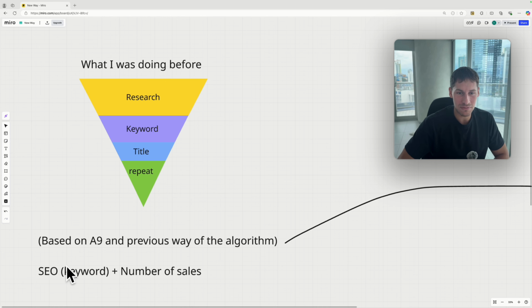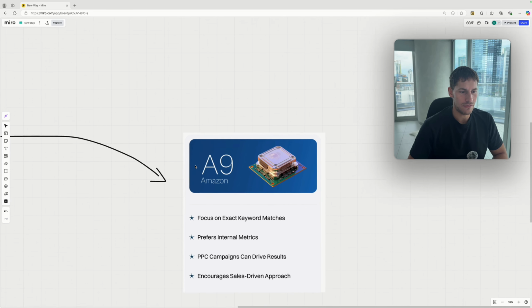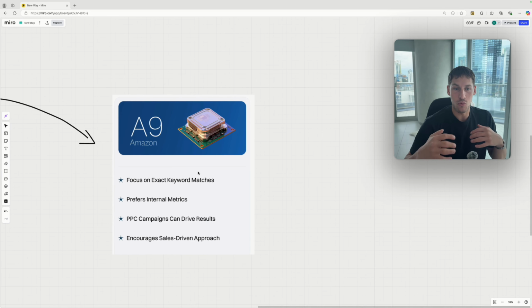Because the search engine optimization of Amazon, how the algorithm works, is not going to prioritize the keywords and the number of sales anymore. Those were the two things that mattered. You find a profitable keyword, you try to get as many sales as possible initially so the algorithm pushes you, and you use Amazon ads to get these extra sales. The reason everybody used to do this, and it still works to some degree today, I'm not going to lie, is that you can still make $1,000-2,000 per month and then repeat the process again. So you keep working to make a normal salary, probably below average, for nothing. And this explains where this method was born.